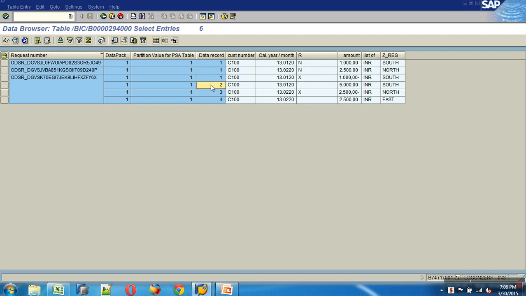Record number 1 to 2, 3, 4. For every activation, one activation request, and that activation request might form n number of records.